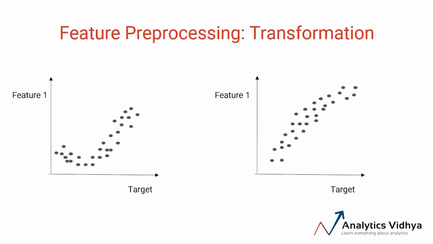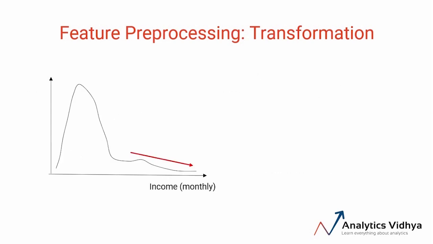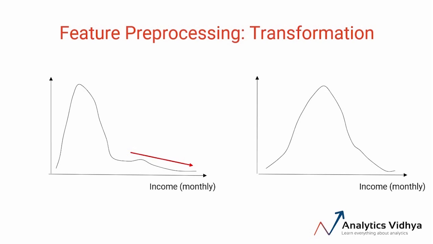Let's look at another case where feature transformation will help us to model better. Take this plot for instance. This represents a right skewed or positively skewed distribution. This could be due to the presence of some outliers in the data. Having a normal distribution is preferred over a skewed distribution because it makes it easier to model the relationships. Also, some modeling techniques perform well when we have a normal distribution of variables. So, whenever we have a skewed distribution, we can use transformations which reduce the skewness.